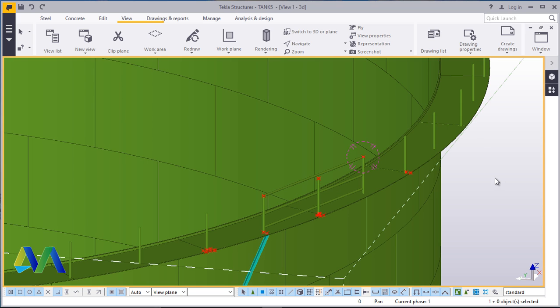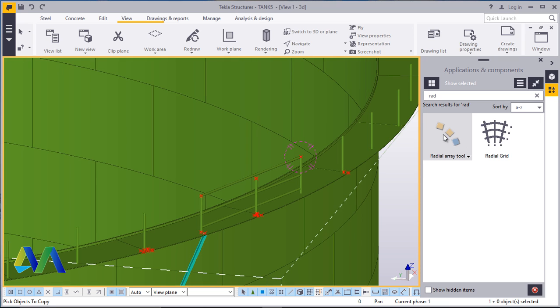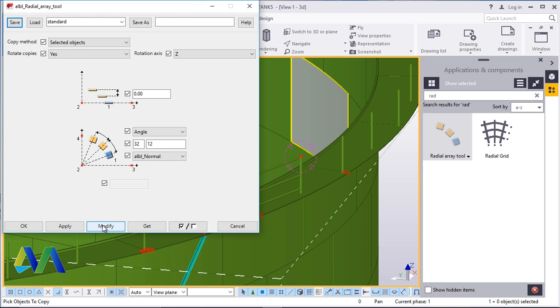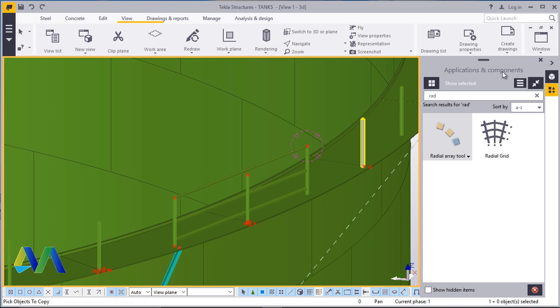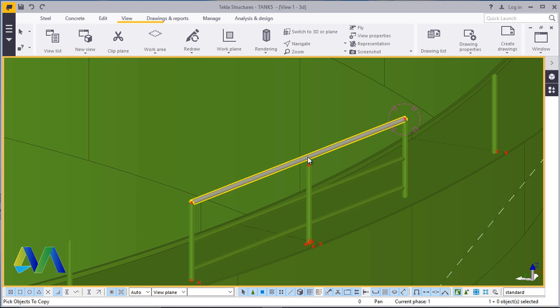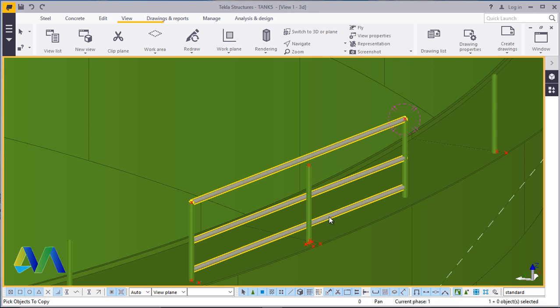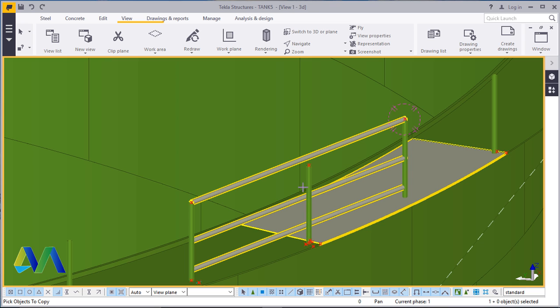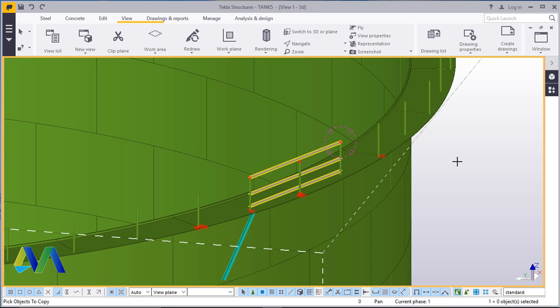Now from here we'll come to rad. We'll reduce this number to 31 or 30. Apply and accept everything there. We'll close this. The program is asking to pick on the object to copy. We need this. Press Ctrl and that. Press Ctrl and this. We'll press our middle button